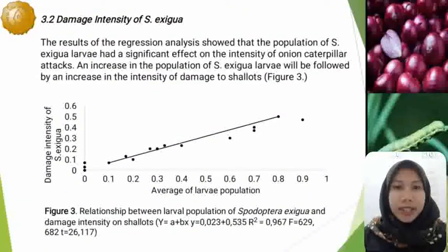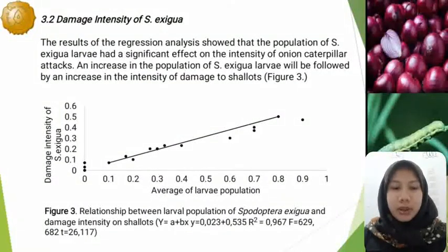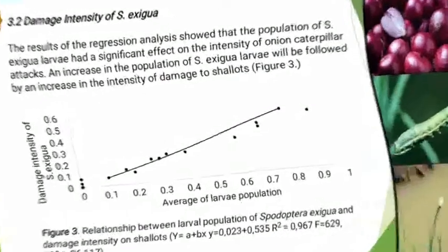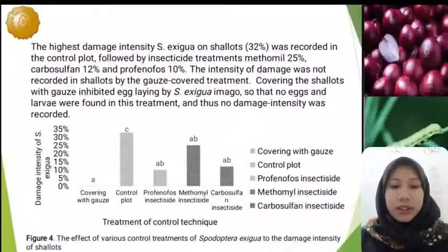3.2 Damage intensity of Spodoptera exigua. The result of the regression analysis showed that the population of Spodoptera exigua larvae had a significant effect on the intensity of onion caterpillar attacks. An increase in the population of Spodoptera exigua larvae will be followed by an increase in the intensity of damage to shallots. The result of this study showed that the average damage intensity of Spodoptera exigua between control treatments showed